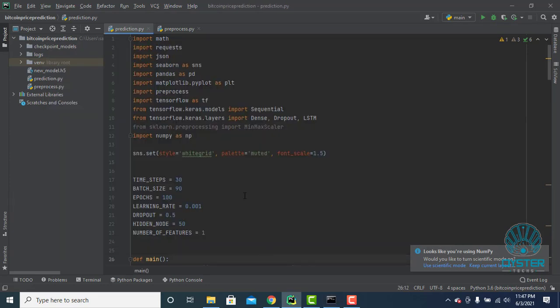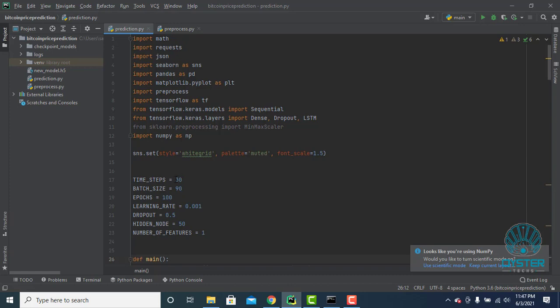Another important thing is that there are two important points in creating a model for Bitcoin price prediction: first, we should properly pre-process the data, and second, properly tune the hyperparameters.